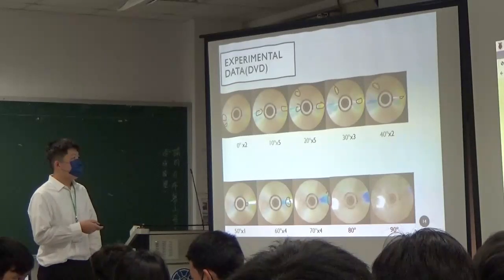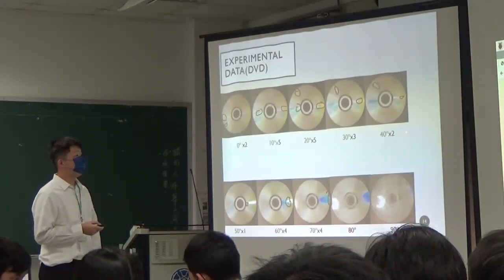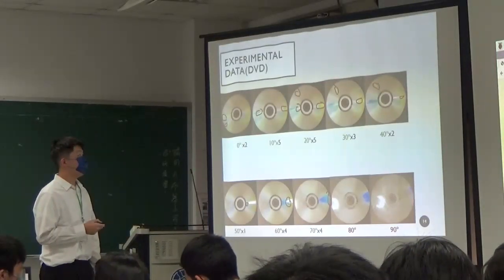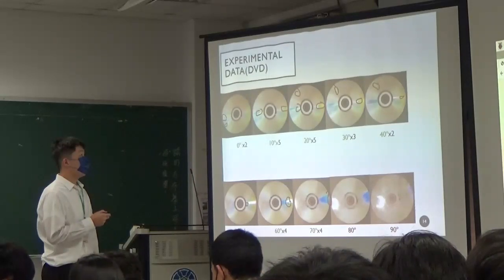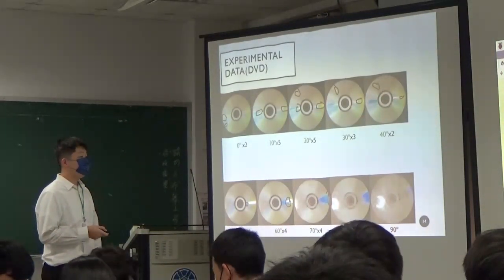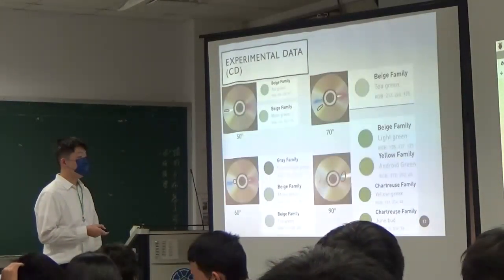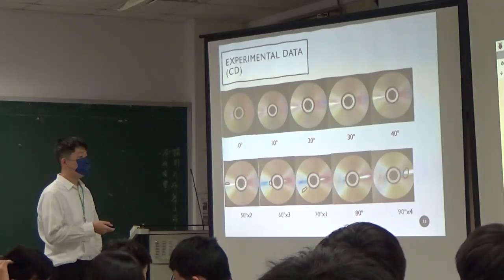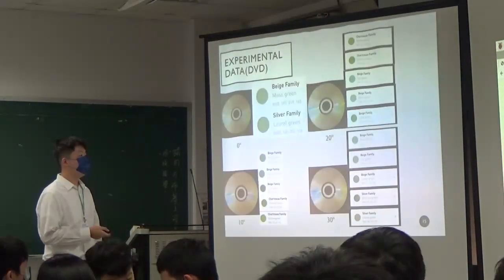Okay. And then you can see here at 0 to 14 degrees, there are more green colors showed up and that CD has. And then at 80 to 90 you can see there CD has a green line here, but DVD does not. So